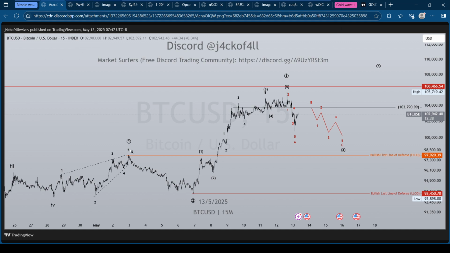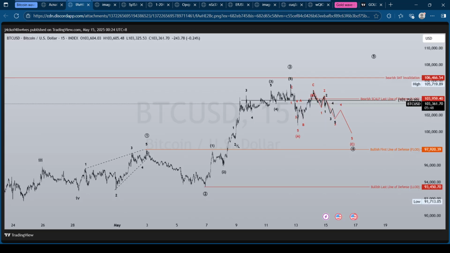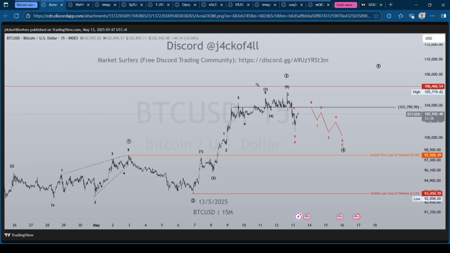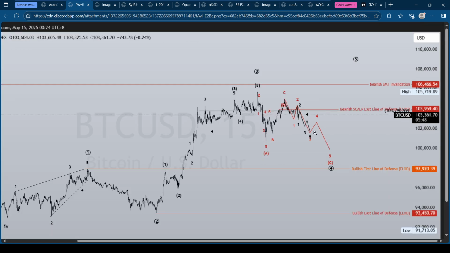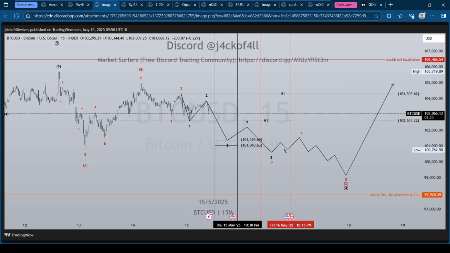After this, just like what I have projected, simply look at this one. I projected that the price will go up to wave B and then it will continue to go down. It did go up and then tried to go down. However, there should be an impulsive movement here. But that's not what the market gave us.